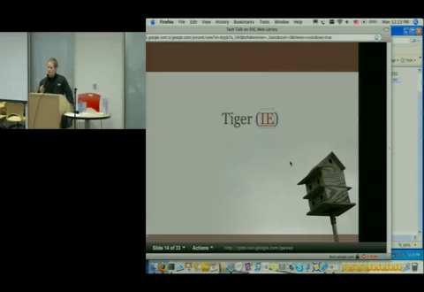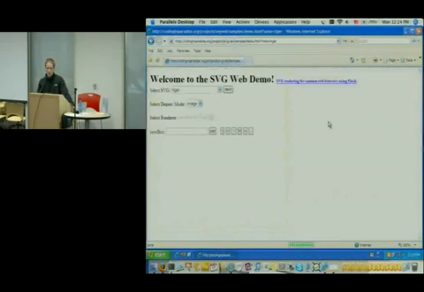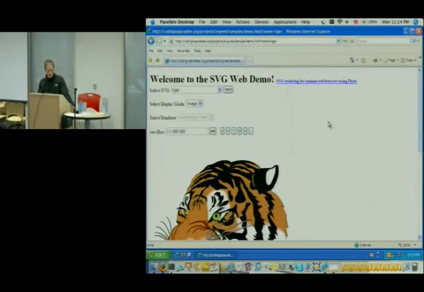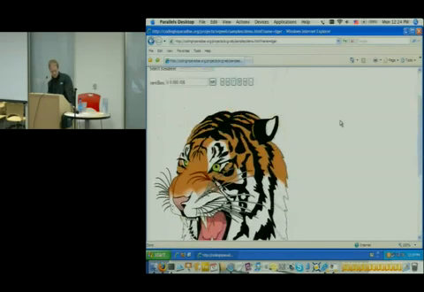I like to call this the hello world of vector graphics. If you've ever, Rafe laughs, he knows this one. The reason I want to show you this one is that one of the things that makes SVG unique is the fact that it's resolution independent. You are able to give one size, and whether you're looking at an iPhone or a 40-inch monitor, what you're dealing with can scale and still stay beautiful and still stay legible. So this is the tiger. This is the hello world of vectors.